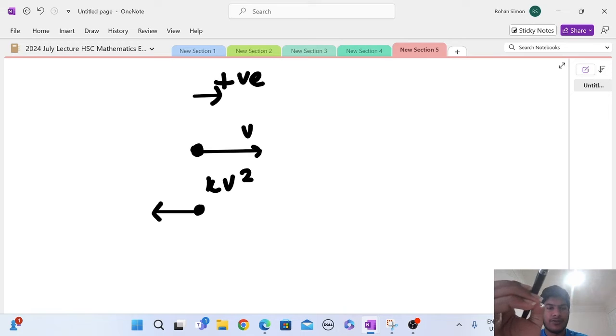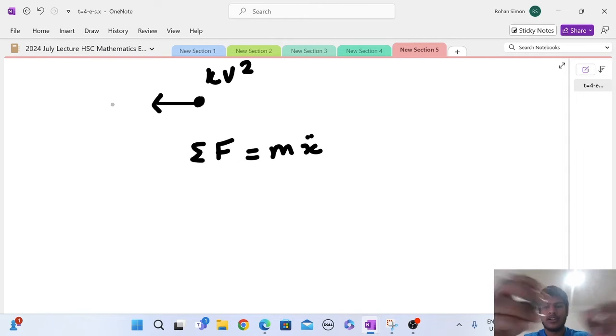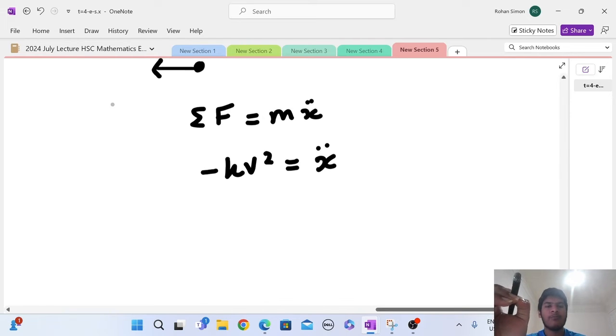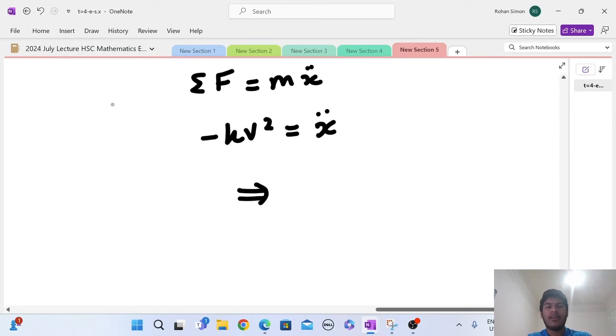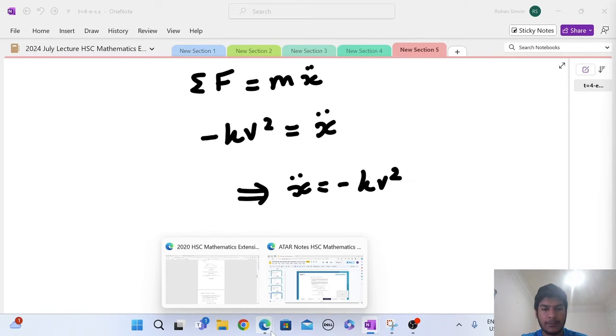So if we look at the net force, which equals mass times acceleration, m x double dot, and I can use x double dot here because we're talking about the horizontal axis, and the x-axis is usually our horizontal axis. We get minus kv squared is equal to mass times acceleration. Now the mass here is 1 because it's a unit mass. So we get x double dot is minus kv squared. Here we have an acceleration and a velocity relationship. So which form of acceleration should we use? Well, if we look at what we're trying to prove in the question,